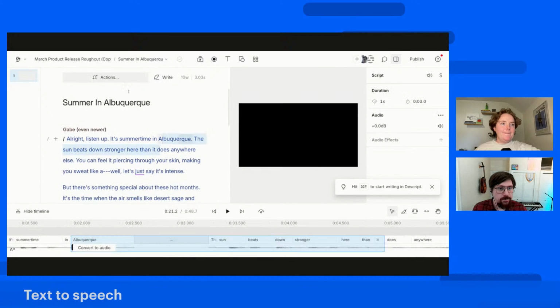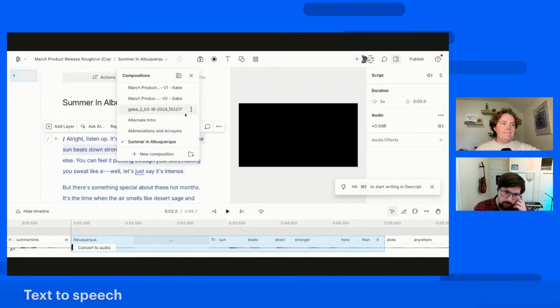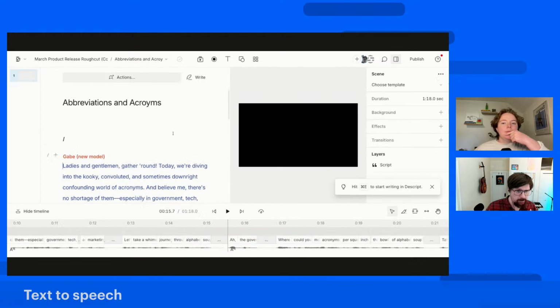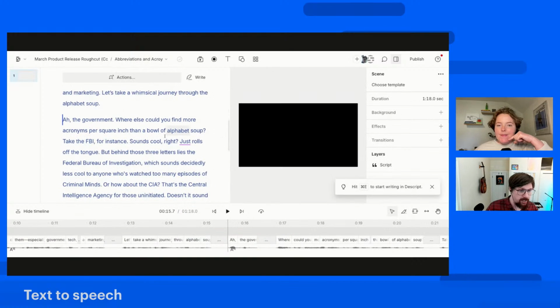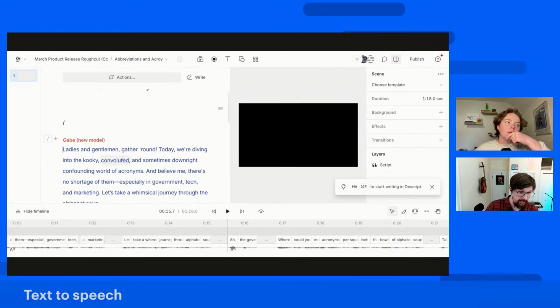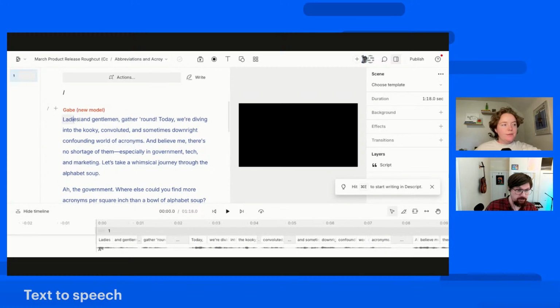There are times that text-to-speech will get something wrong, or even when you replace something. I made this little composition here that has a bunch of acronyms in it, and I would like to see if it fails any of these words. There's lots of good kooky words in here that might not get generated correctly. So let's take a quick listen and see if we catch one.